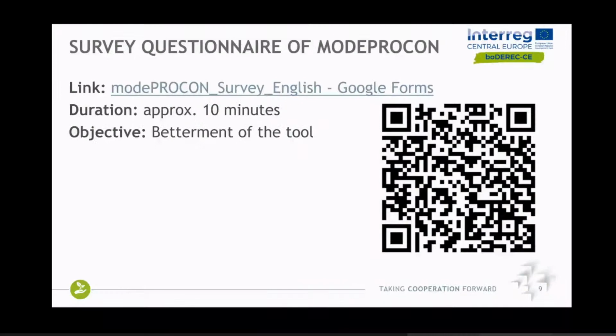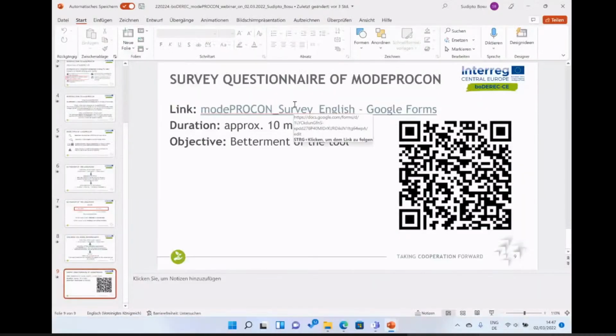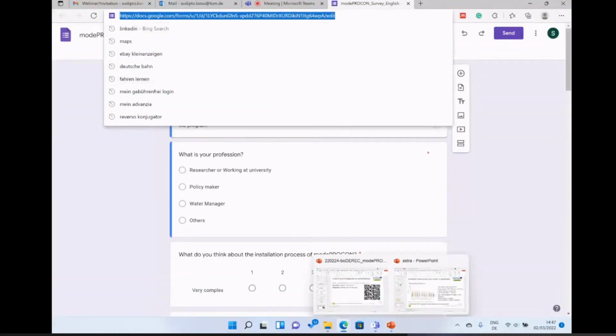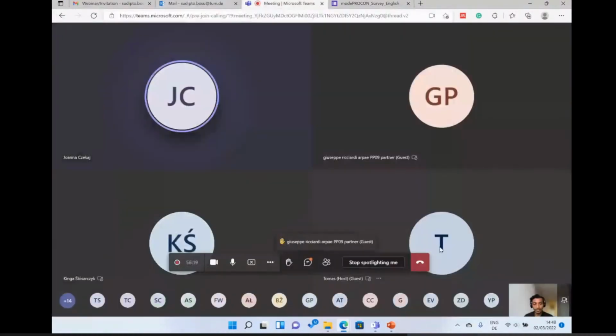Thank you again. I think this barcode should work. It would be really helpful for us if you could scan the barcode using your phone, or otherwise I can also paste the link in the chat, right, Yona? Yes, please, for those who are interested. So this is the link, and the chat is here.